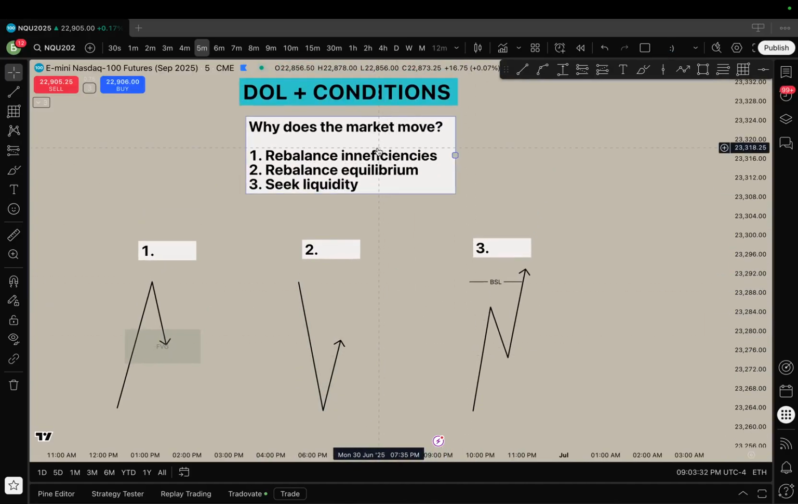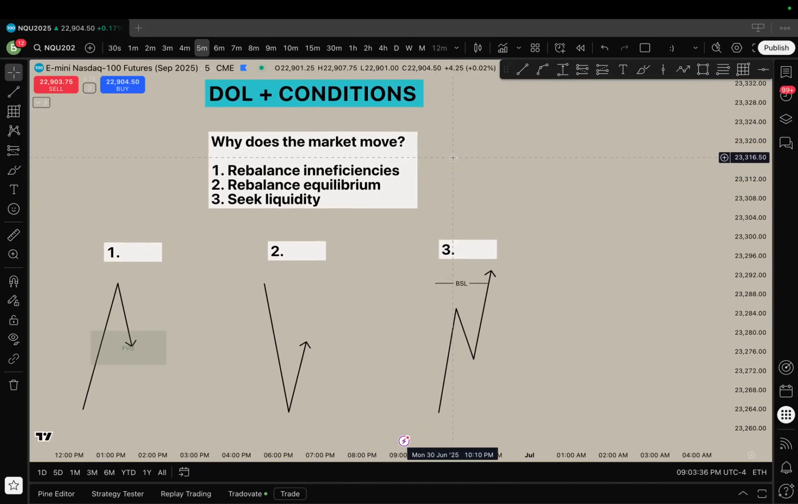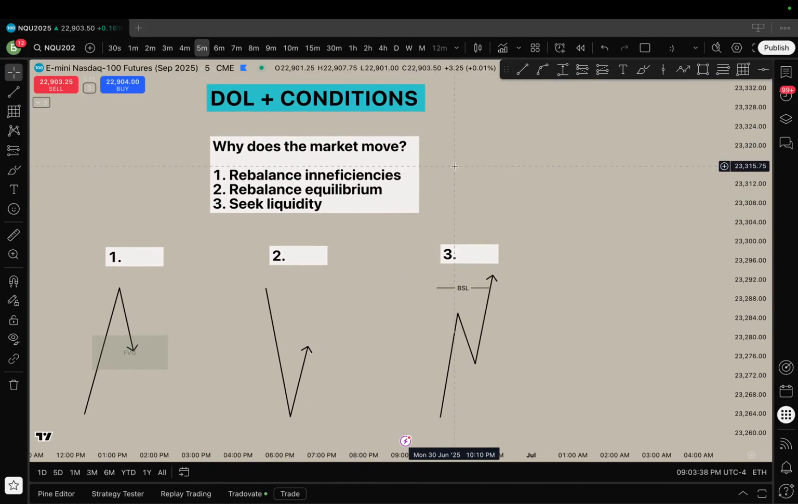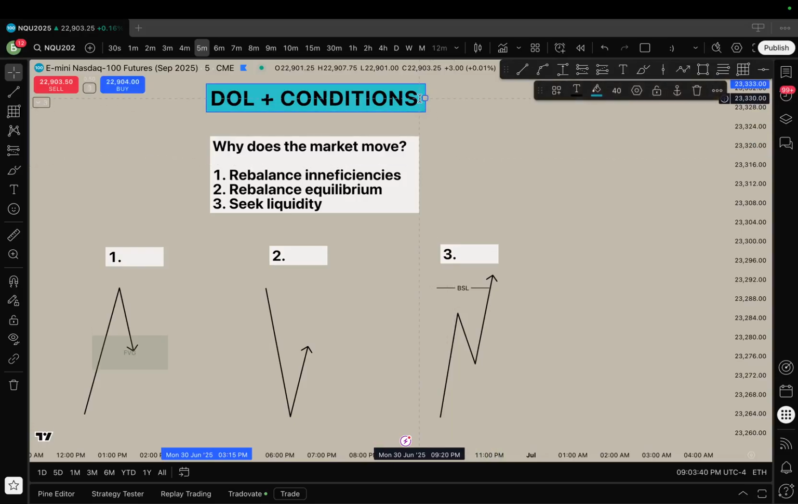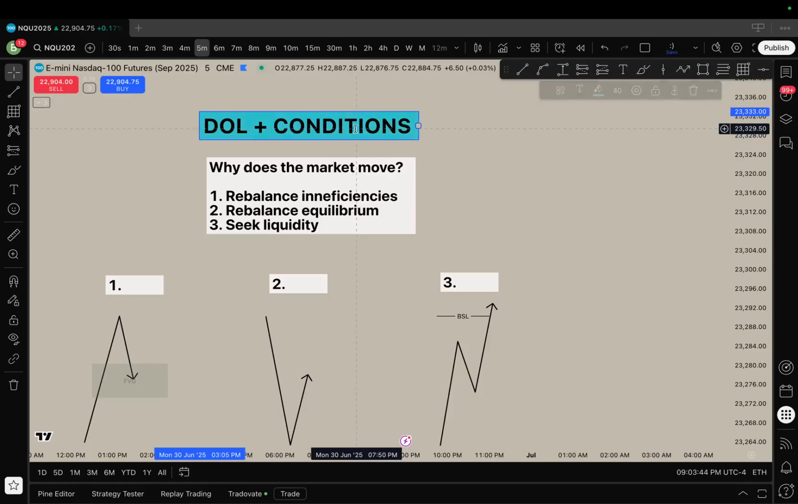Enough yapping about equilibrium. Next up, we have seeking liquidity. Okay, so seeking liquidity is going to be your buy side liquidity, and your sell side liquidity. This is just basically your draw on liquidity. Your draw on liquidity is going to be, you know, again, we went over this with the MACD model,